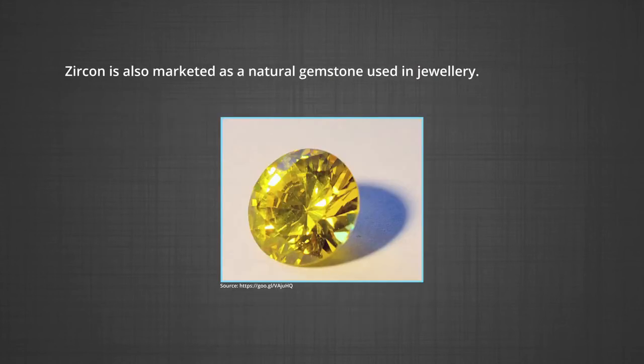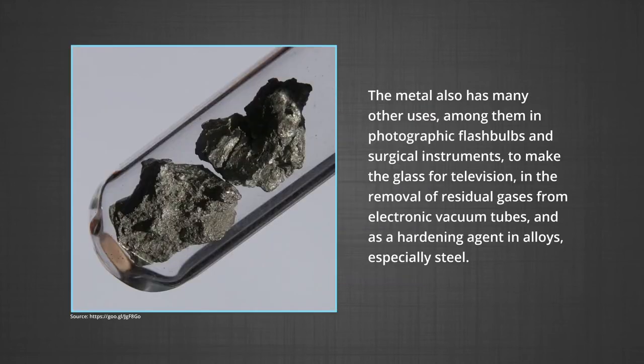Zircon is also marketed as a natural gemstone used in jewelry. The metal has many other uses, among them in photographic flash bulbs and surgical instruments, to make the glass for television, in the removal of residual gases from electronic vacuum tubes and as a hardening agent in alloys, especially steel. The paper and packaging industries are finding that zirconium compounds make good surface coatings because they have excellent water resistance